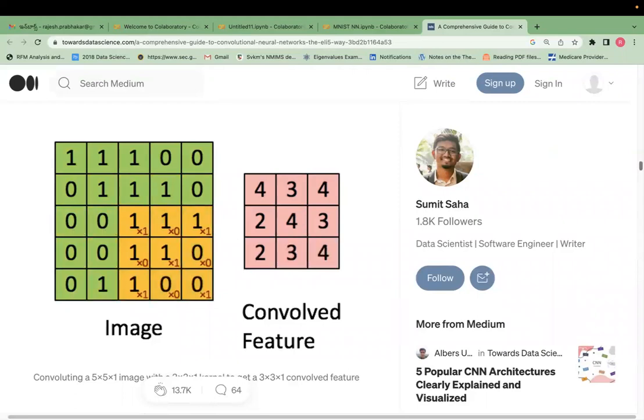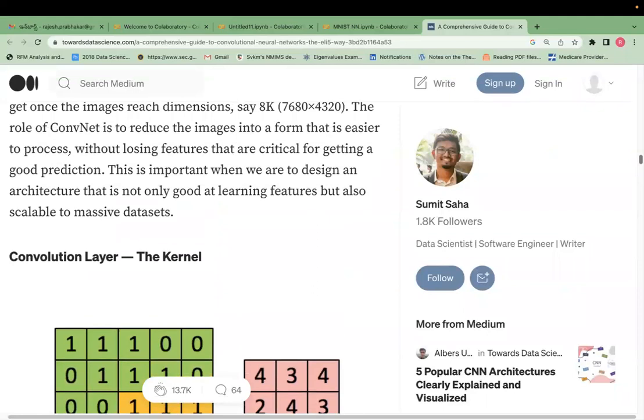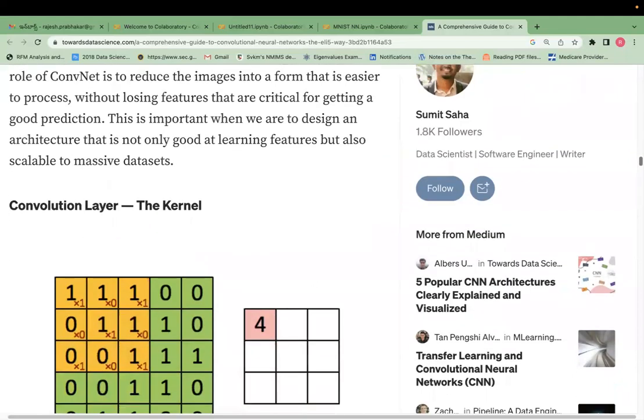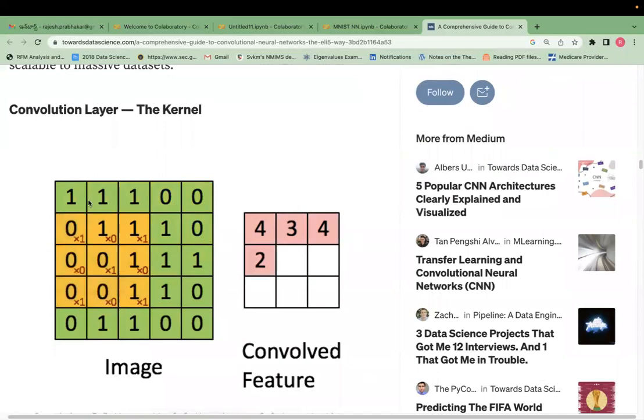A convolution layer is very important. The first layer will always be a convolution layer where it applies a filter. Here it is applying filter 101, 010, 101, right? And it is moving one step sideways, and it is creating a new feature matrix which is smaller in size compared to the previous matrix. This is a 5 by 5 matrix,